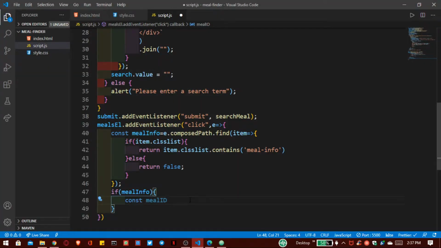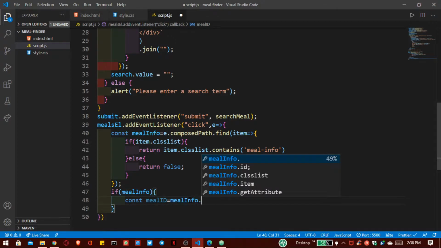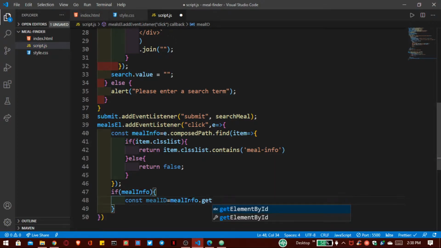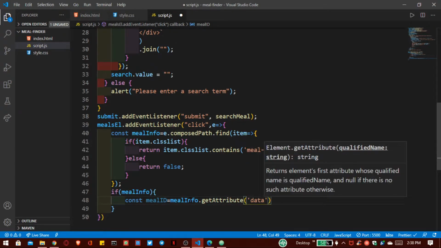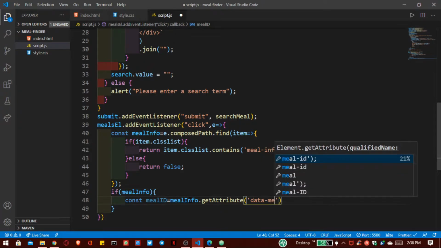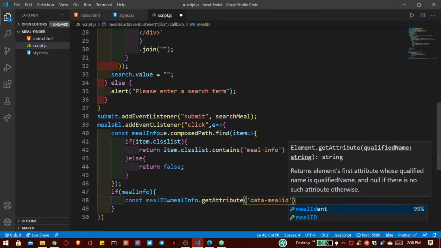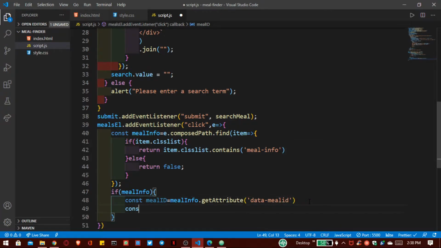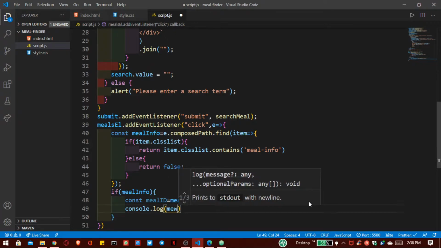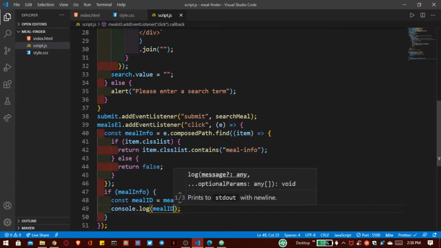So here we write meal info, and we use our get attribute method, and this is our meal ID. And for checking purposes, we print that with console.log meal ID. So now save this.